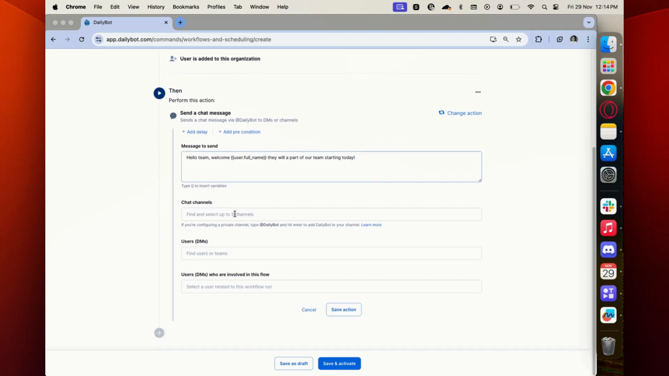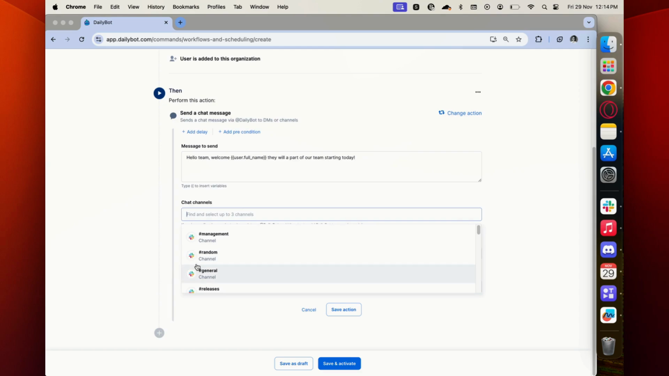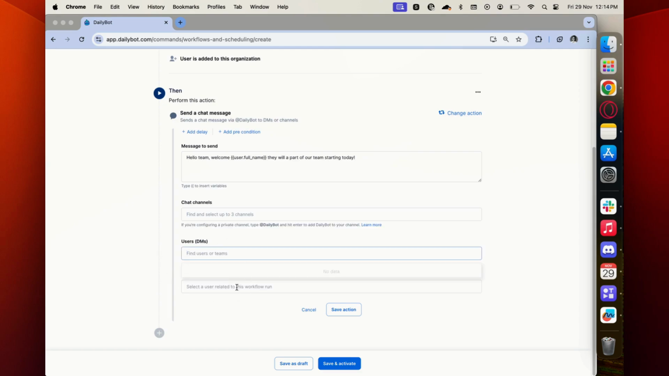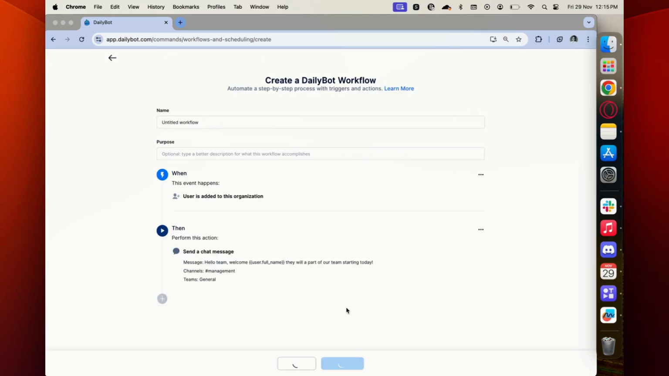This message you could send to a chat channel, or you could send to everyone on their DMs, so that everyone either gets a DM that somebody has joined your company and your team, or you could just send it generally in a chat channel. Once we have selected who is going to receive this general onboarding message, we're going to save the action, and